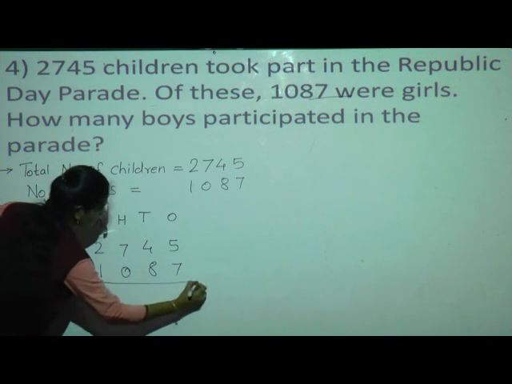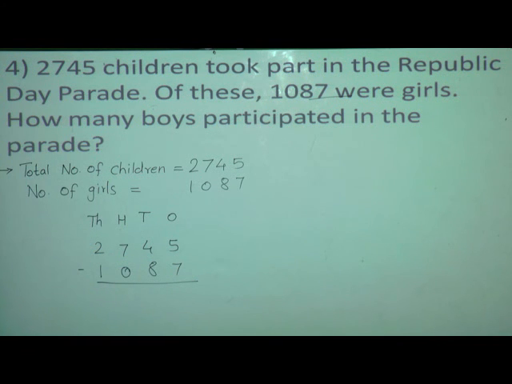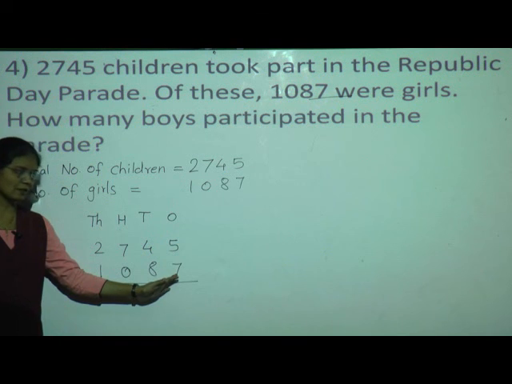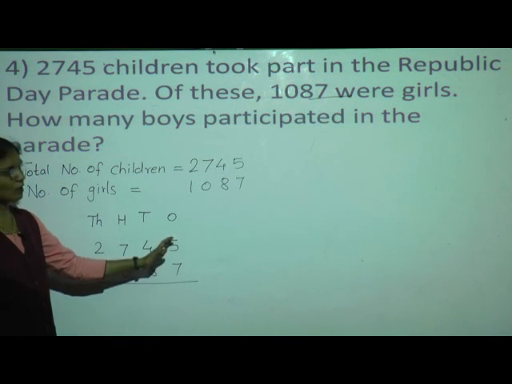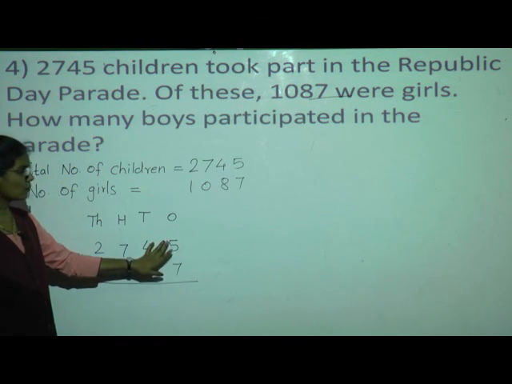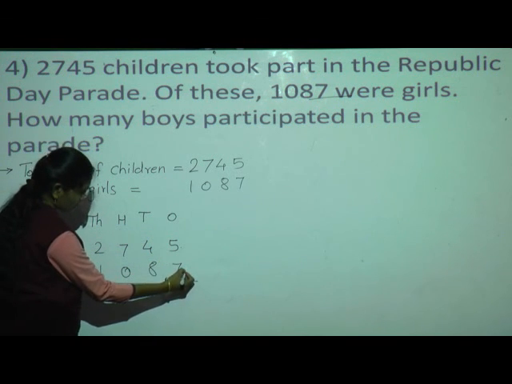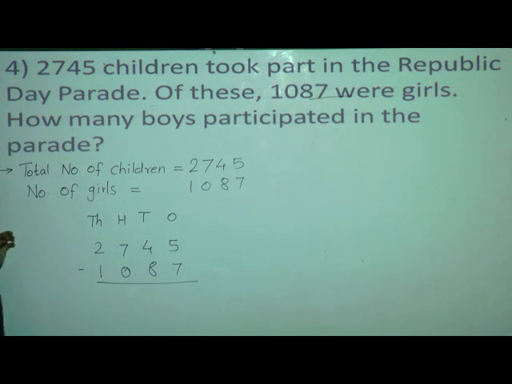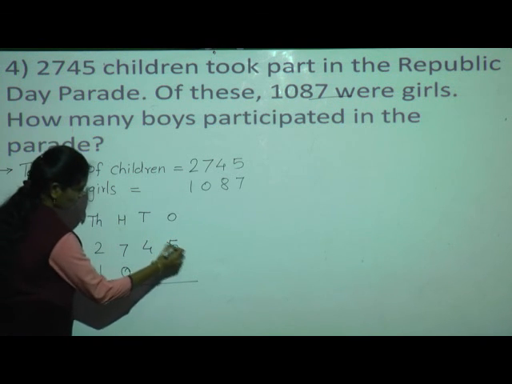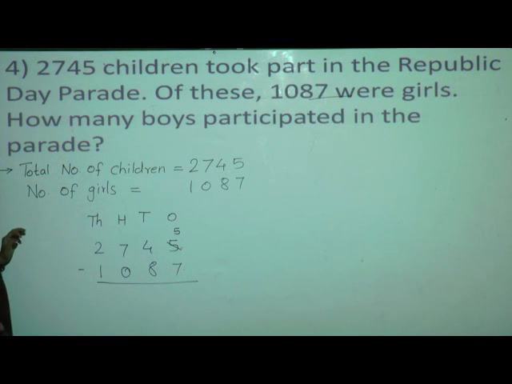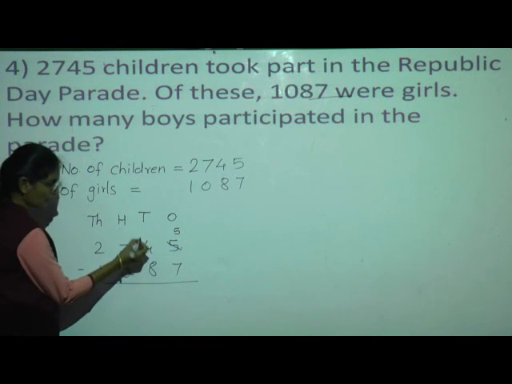Do the subtraction. See the ones place column. At ones place, in the first number there are 5 ones, and in the second number there are 7 ones. 5 minus 7. Do the subtraction. Can we do 5 minus 7? No, we can't do 5 minus 7. Why? Because 5 is smaller than 7. So what will we do? Yes, just cut this 5 and write as it is, and then we will move to the neighbor. Who is the neighbor of ones? Tens is the neighbor of ones.